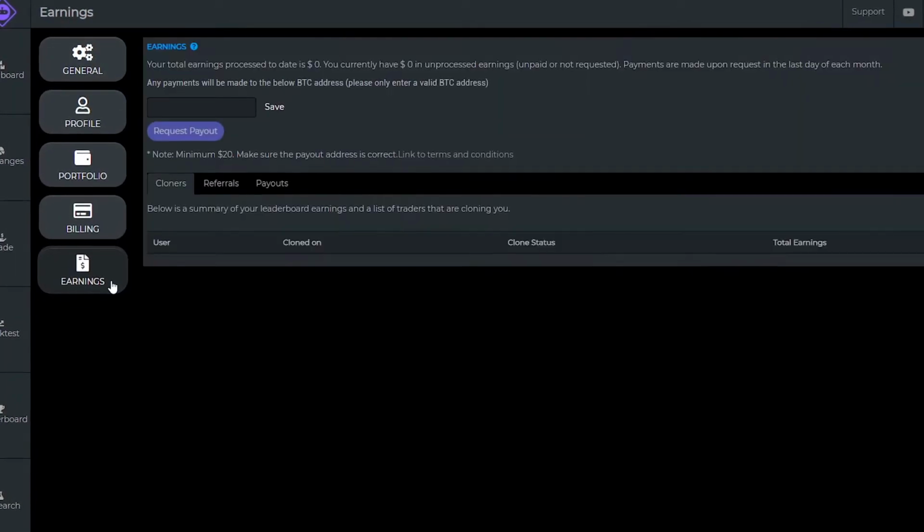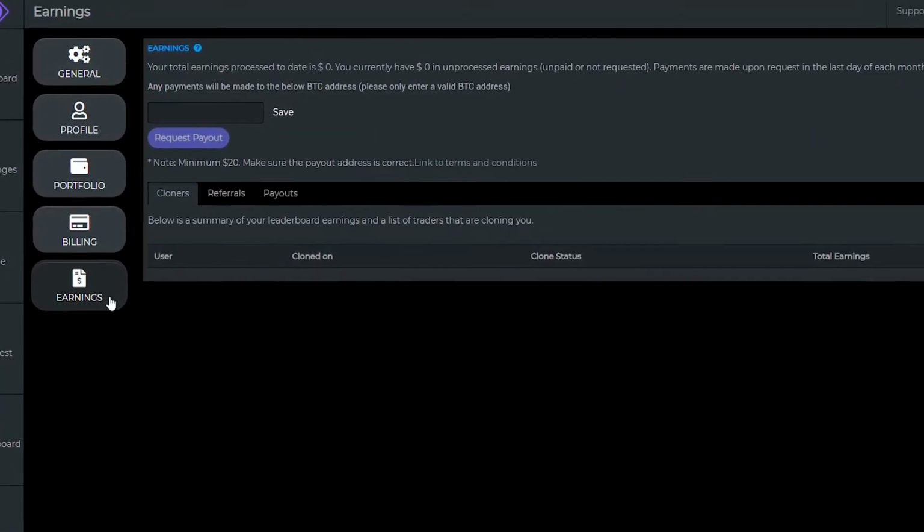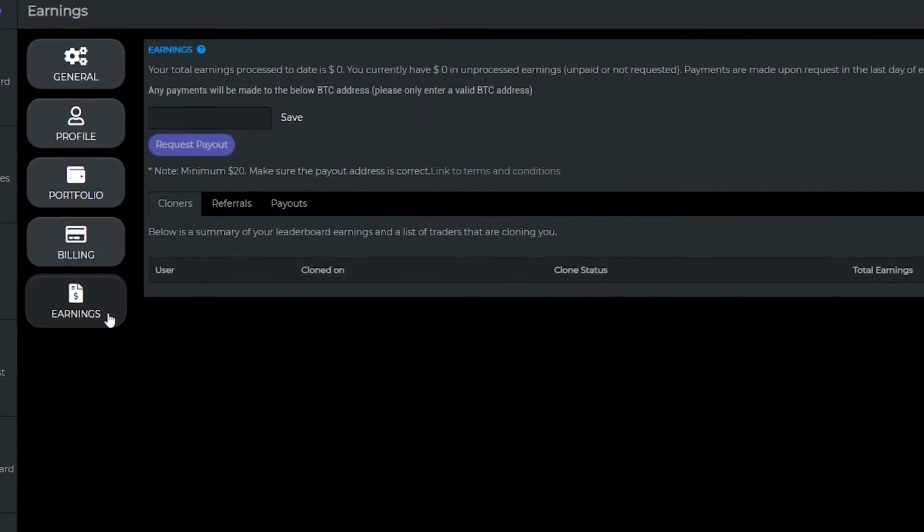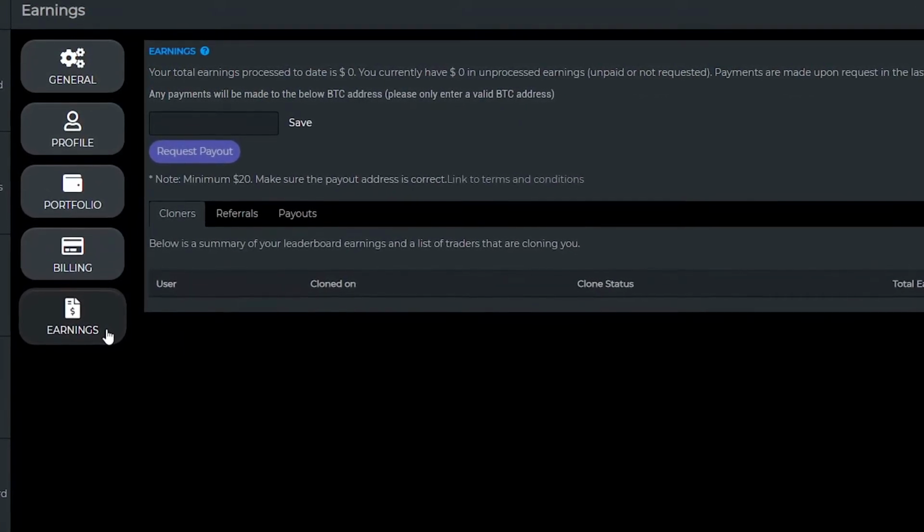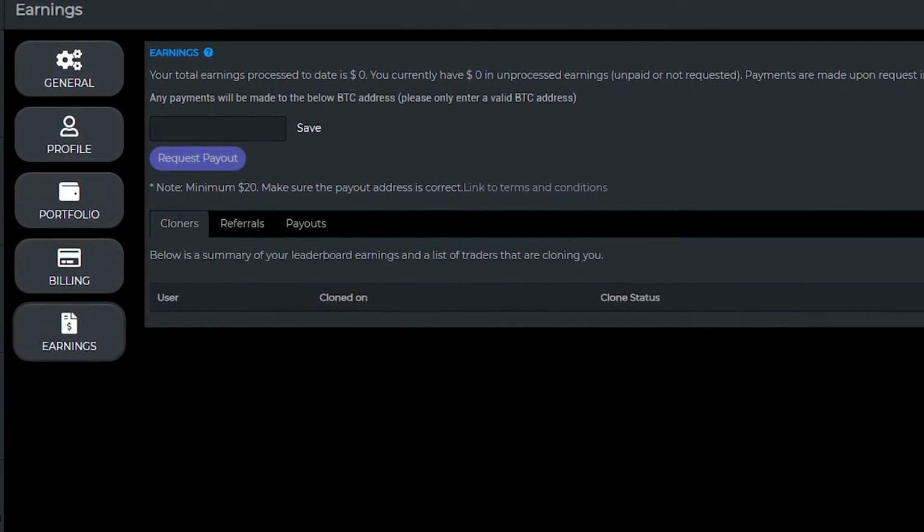In the earnings section, this shows you details around how much you have earned through both leaderboard and the referral program and your payout history. Payouts are made in Bitcoin to the address that you have entered